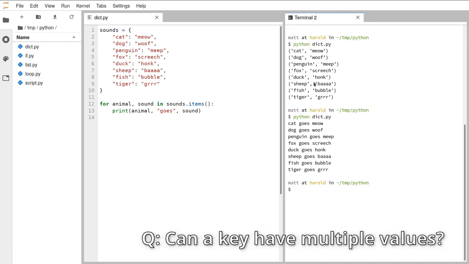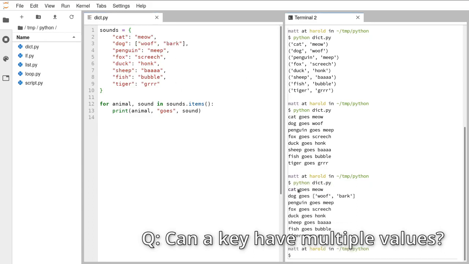And Amanda asks, can I assign more than one value to a key? You can. So let's look at dog. So here we've got dog making a woof noise. If we wanted to assign a list of values to it, we could say woof and bark. And so now when we print it out, we get dog goes woof bark. Of course, this isn't a very nice way of printing it. So we might want to have an if statement in here, which has something like if animal is equal to dog,